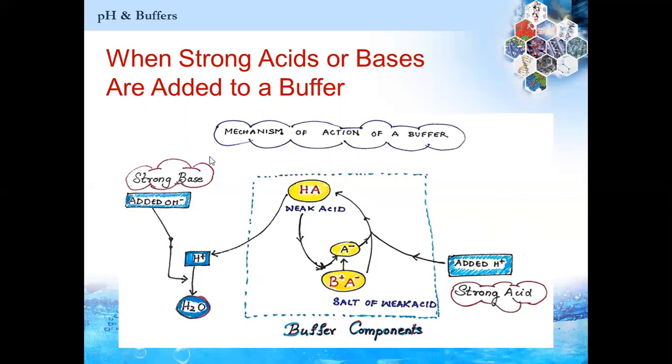That means when a strong base is added, the weak acid component of the buffer dissociates its protons to form water with the added OH- ions. This way the two components, that is a weak acid and the salt, come to the rescue of the cell whenever a strong acid or a strong base is added, and try to buffer the changes in the pH. That is how a buffer resists changes in pH.